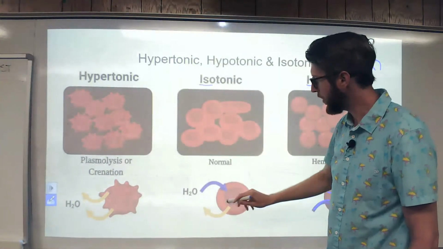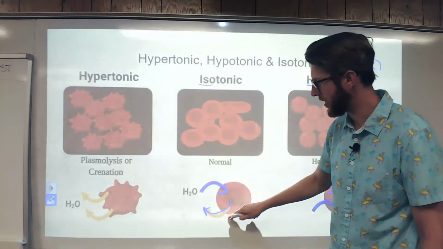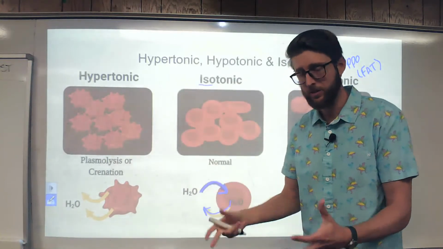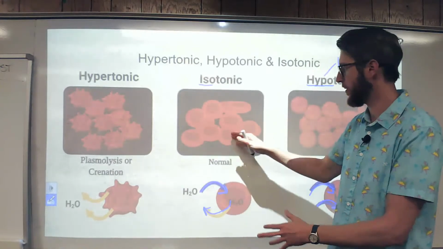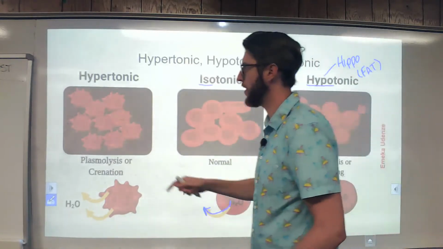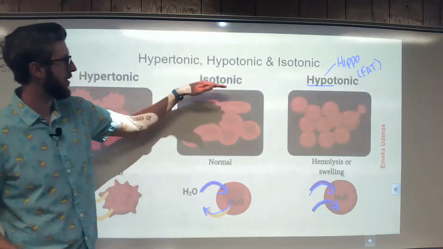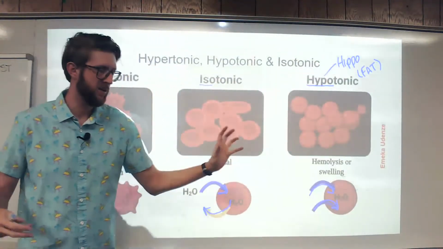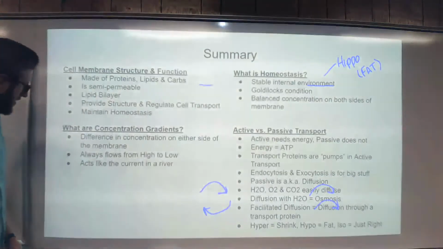Isotonic is where it's balanced. The same amount of water coming in is the same amount of water leaving, and so the water balloon doesn't change size. The cell doesn't change size. It's stable. That's how it's supposed to be. Okay, so just remember, hyper, you lose weight because you're running around. Iso, you're staying the same. Hypo, hippo is fat. Cells get bigger, cells get fatter. All right, so in summary,